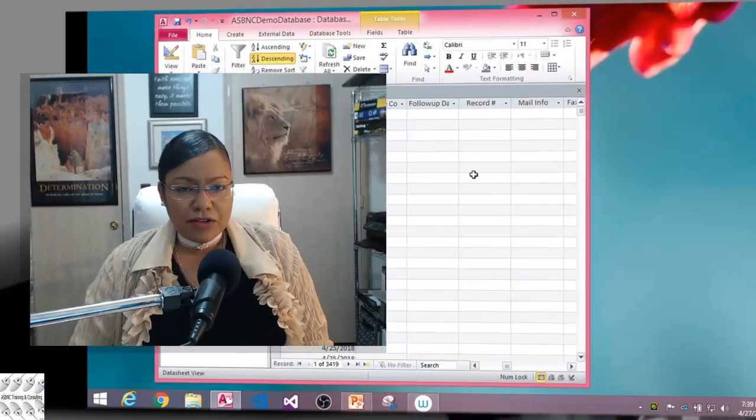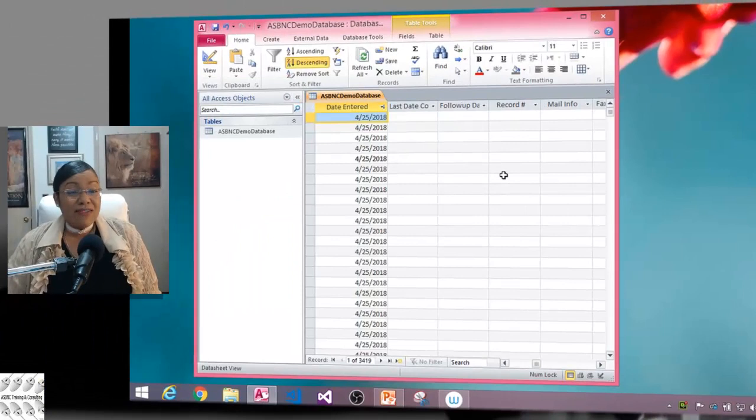Okay, today we're going to show how to work with Microsoft Access and use the Find and Replace tool. Now, this is very handy when you're wanting to replace dates or any content within a particular field in Microsoft Access, and you have a lot of records that may need that same type of data in that field. So instead of going and copying and pasting that information in that particular field, you can use the